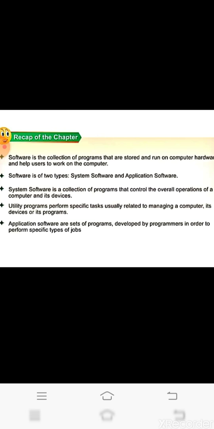System software is a collection of programs that control the overall operation of a computer and its devices. Utility programs perform specific tasks usually related to managing a computer, its devices or its programs. Application software is a set of programs developed by programmers in order to perform specific types of jobs.